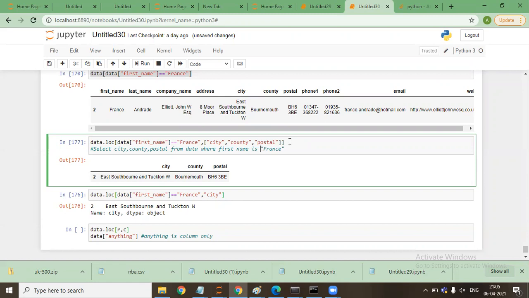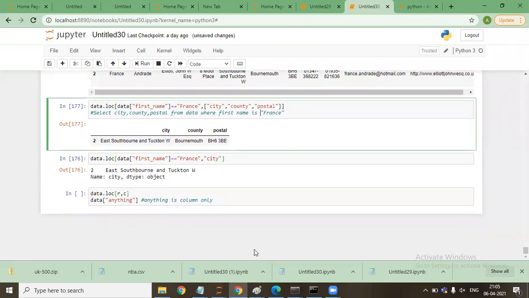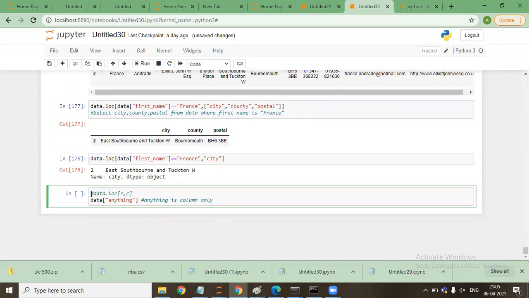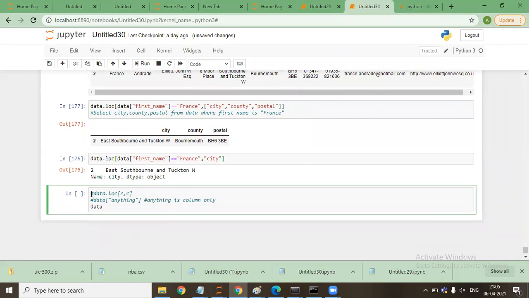Now, another thing which I'll tell you, another important thing is if I say data dot loc, data first name equal to France, comma, what I need to select is say email.